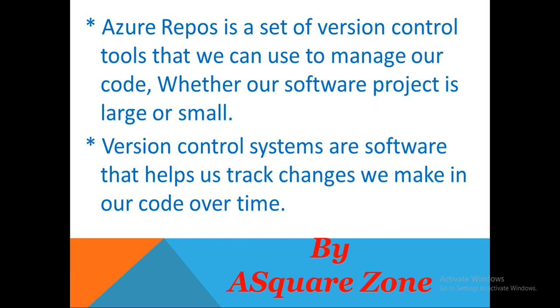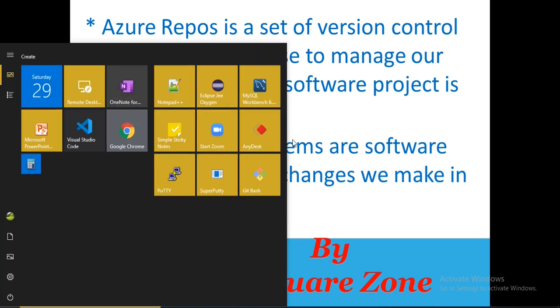Using version control, we can save our work and coordinate code changes across our team. Even if I am just a single developer, version control helps me to stay organized as I fix bugs and develop new features. And version control keeps a history of our development so that we can review and even roll back to any version of our code easily. So we can see how to log in to our Azure account and how to create a repo. Let's move into the practical way.